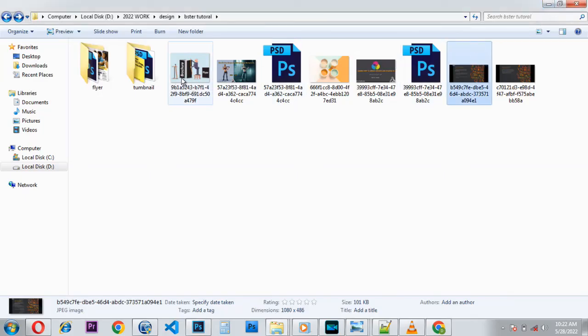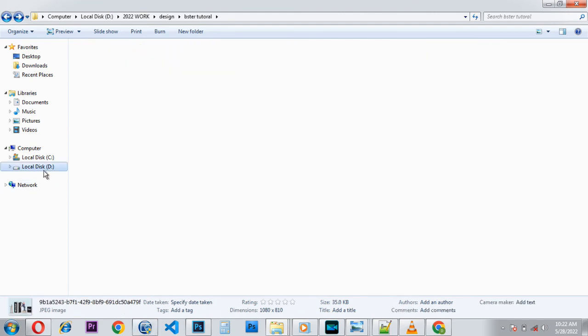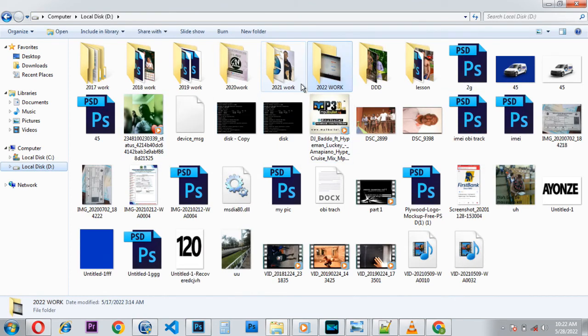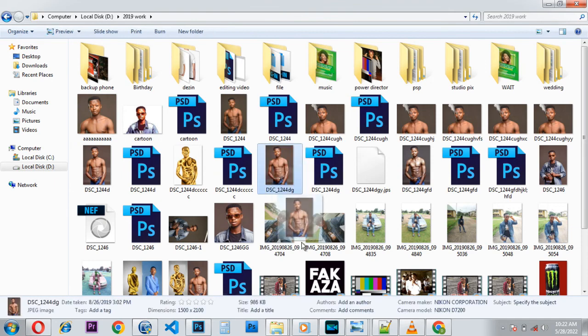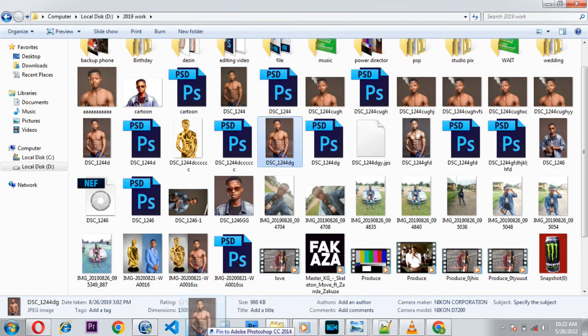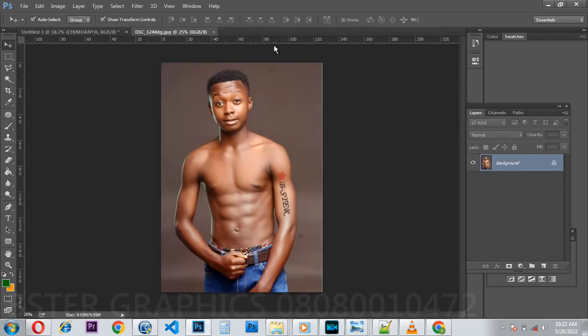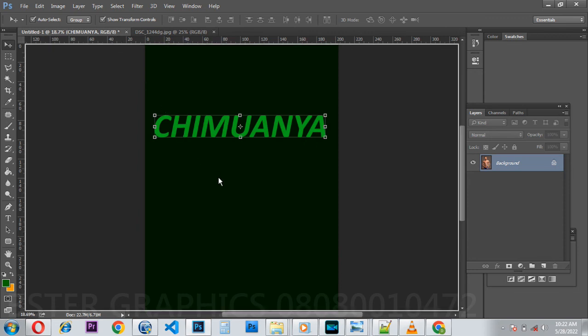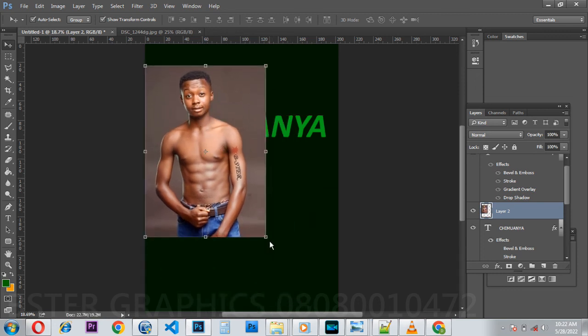Let me say, for example, okay, let me use my own picture. So much like this picture. For example, if I want to use this picture now, I'll drag it and add it inside the Photoshop. I'll touch this bar and make sure that this plus sign is showing. Then I'll leave it. Then I'll drag this one and enter and touch the bar of the work I'm doing. Then drag it inside. Then release my hand. Then for me to add this image to this text,